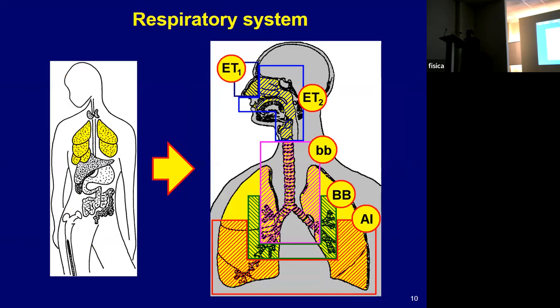Very often, different tissues within the same organ have different radiosensitivities. In this case, the organ is considered as a set of individual constituting tissues, and the dose for each of them is determined independently. An example of such a model is the